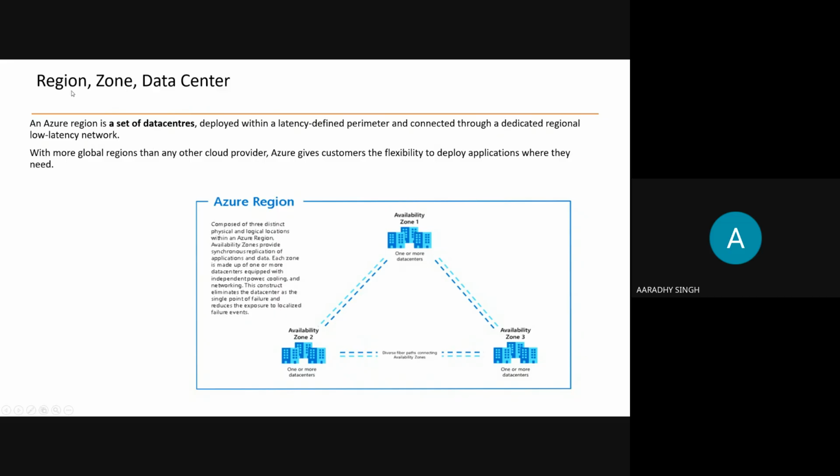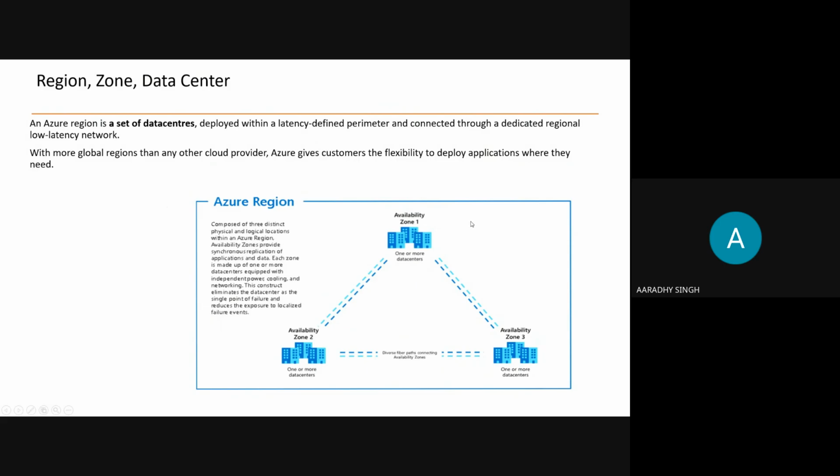So guys, here I was talking about the geographic location. Worldwide, we have multiple geographic locations like India, or the Indian subcontinent, is one geographic location. China is another. Australia, Gulf countries, European countries, North America, South America, Canada, Africa are other geographic regions. In one geographic region, there will be multiple regions. An Azure region is a set of data centers. In one region, there will be multiple data centers.